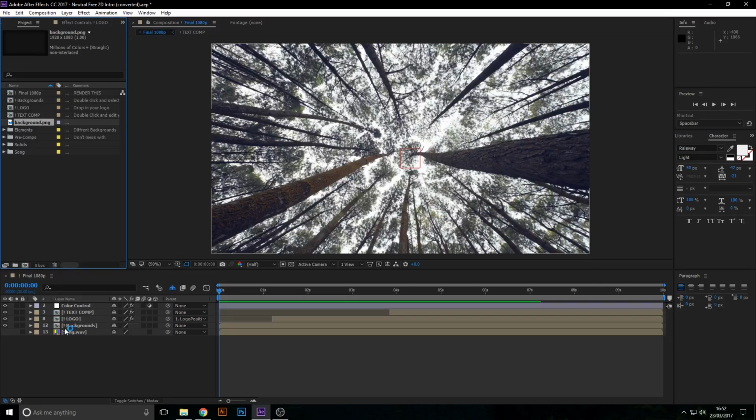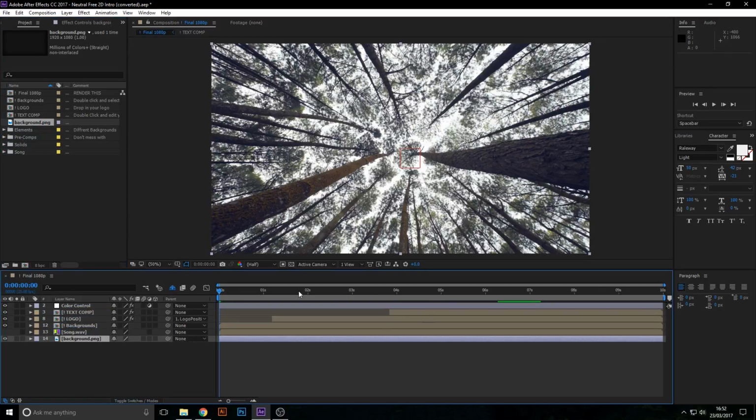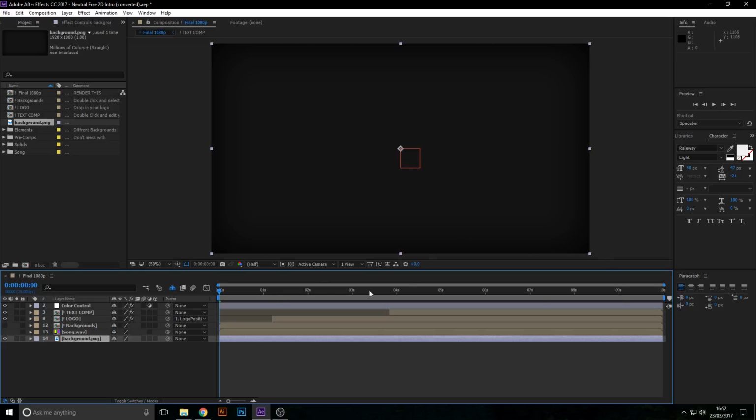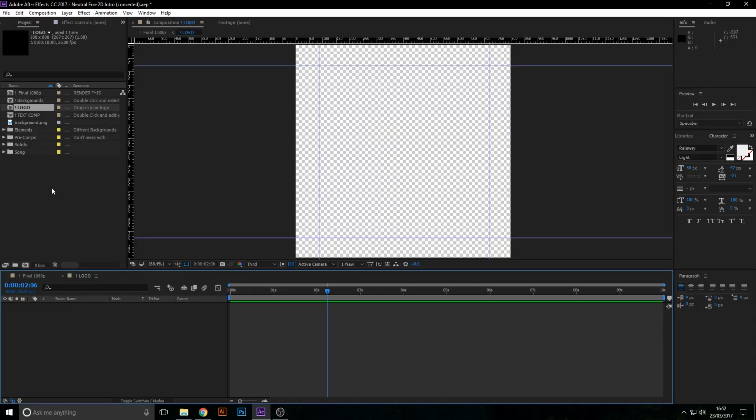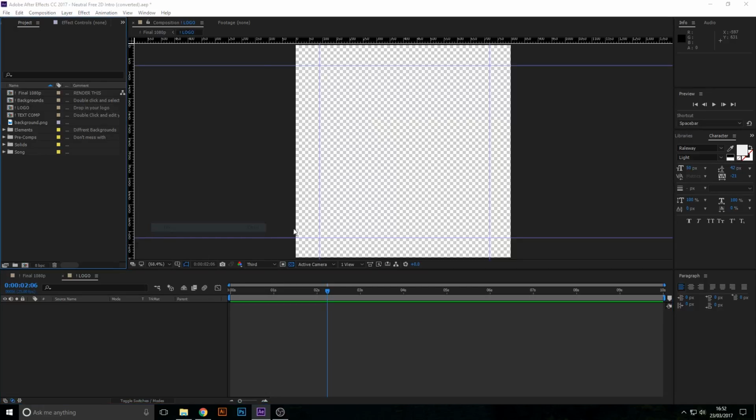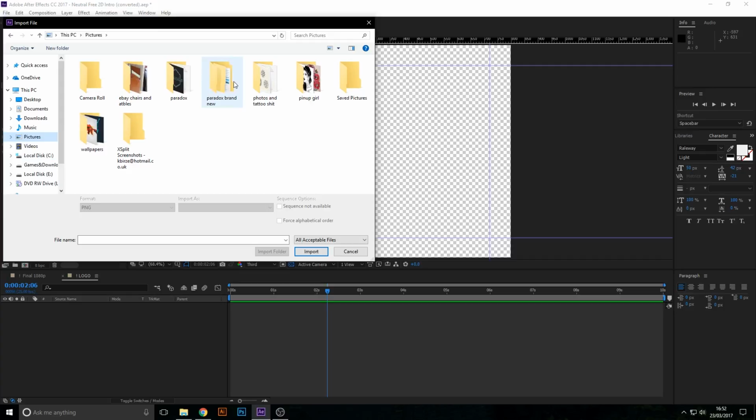You do that, then you drag that background in here, so it adds to the timeline. You want to disable this background, so now all that's left is your background. As you can see, it's yours. What you want to do next is double click on logo. That screen will come up. Right click in blank space, import file, pictures,